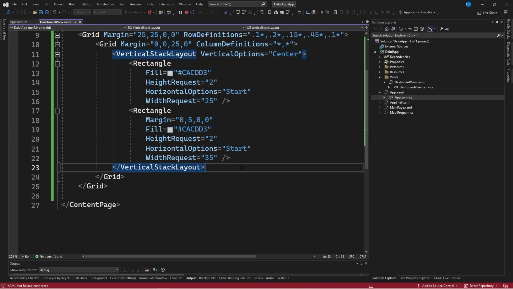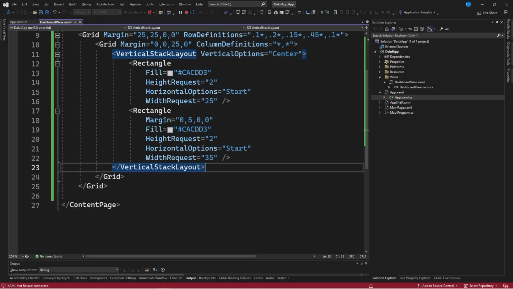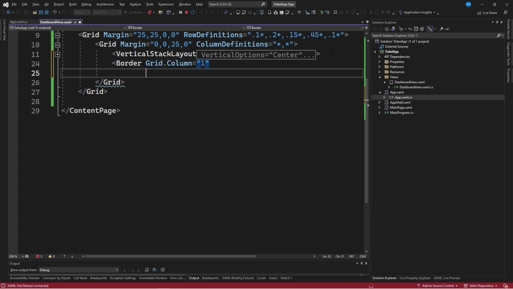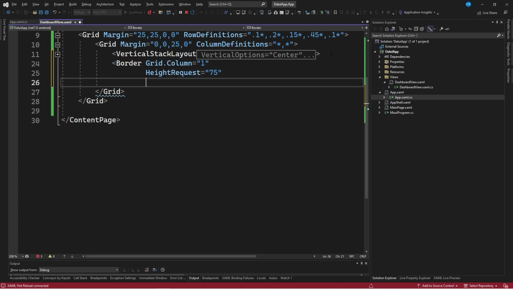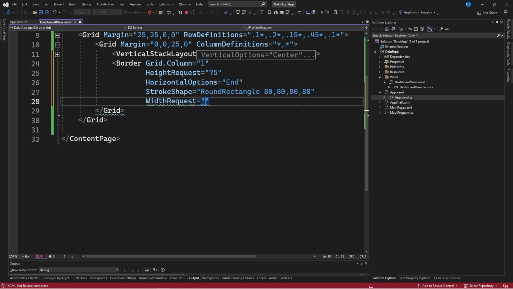Next, we're going to create the profile image part, for which I'm going to use a border control. So, after the vertical stack layout, which I'm going to compress, I'm going to indicate that I want a border. I want to position the border in column number 1. I'm also going to indicate that I want a height request equal to 75, horizontal options equal to end, to position the element at the end. I'm also going to indicate that I want a stroke shape equal to round rectangle, since I want to define a specific rounded rectangle that is circular, for which I'm going to indicate 80, 80, 80, 80,